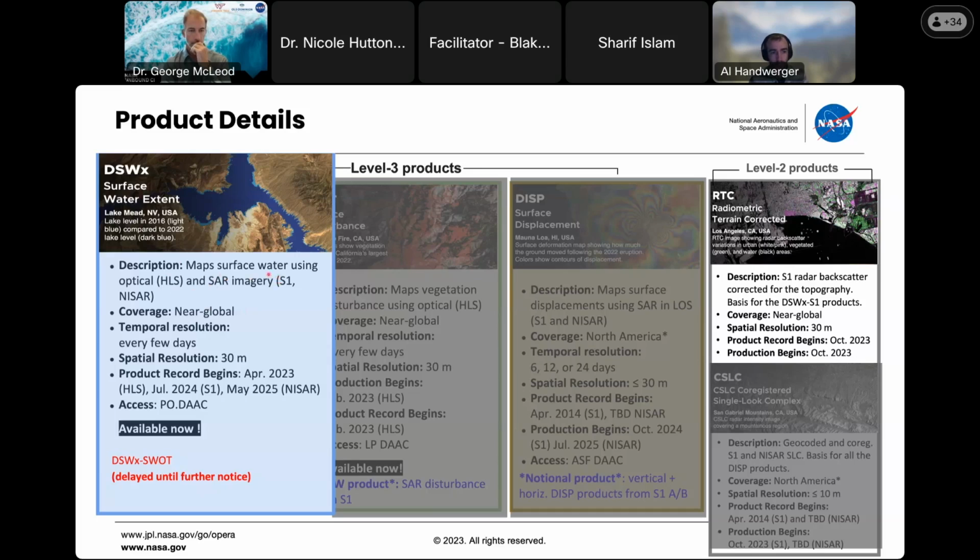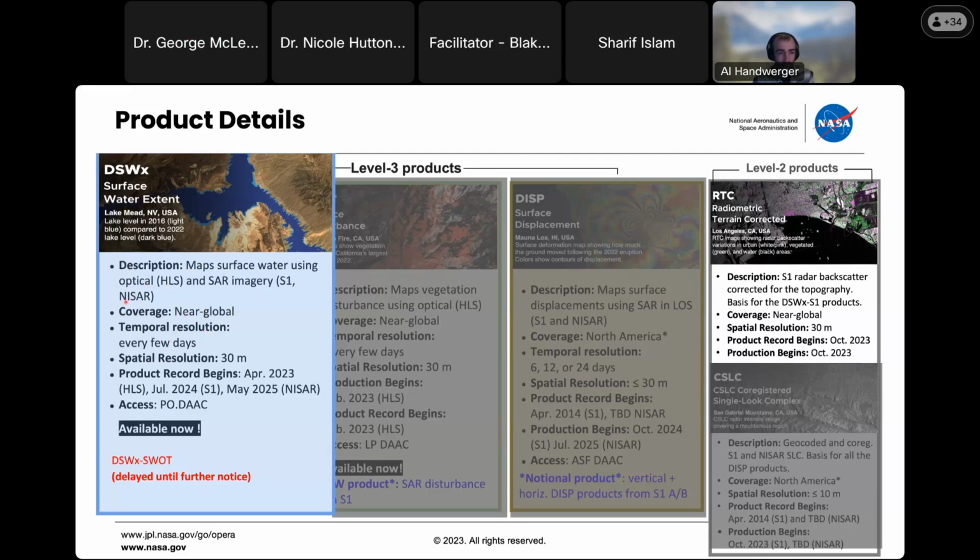We're also going to be deriving water products from synthetic aperture radar or SAR imagery, and specifically the Sentinel-1 SAR and the future NISAR. NISAR is a NASA satellite, a joint NASA-ISRO, the Indian Space Agency, satellite system that's soon to be launched, and we really look forward to this new SAR platform coming on. The water extent product has a near global coverage, and we define near global as all land masses excluding Antarctica, so it's really large scope.